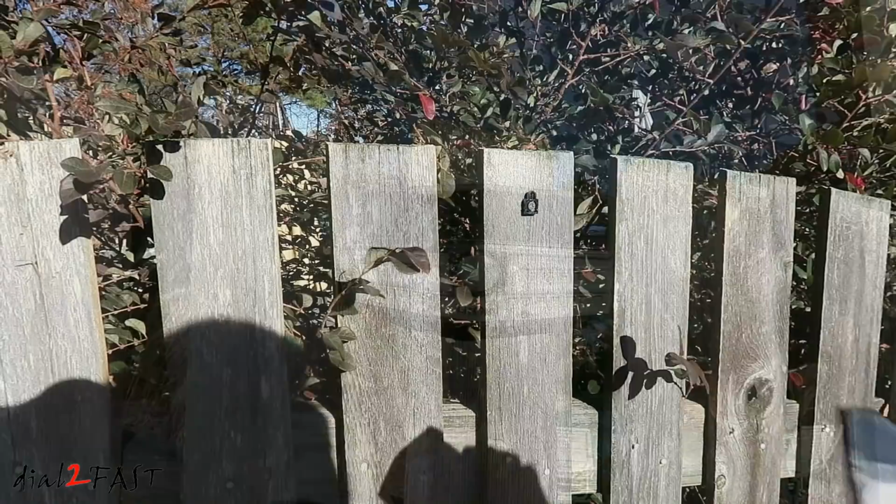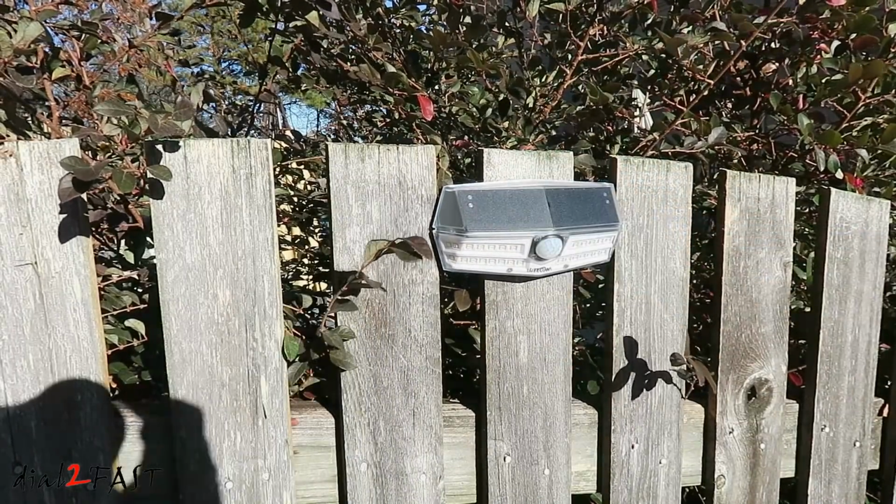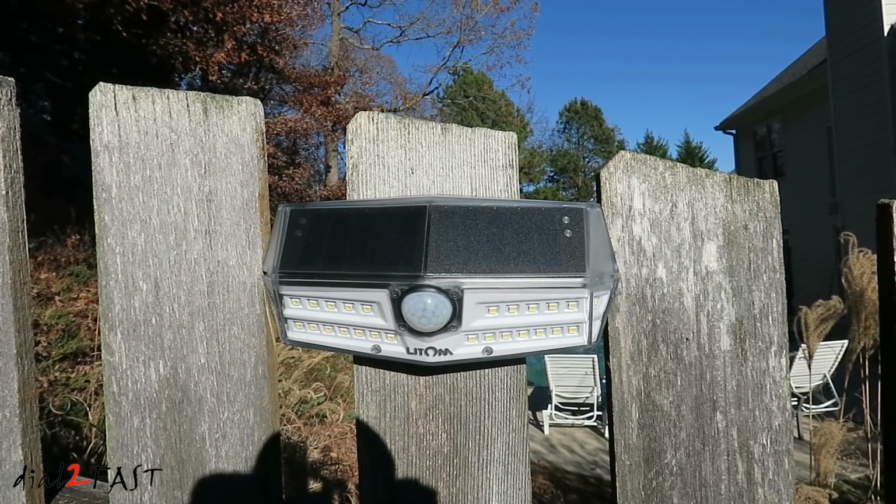Installation is very simple. With the included plastic hanger, you simply install it with one screw and then you slide the unit over it. If you're interested in getting something like this for your home, I'll include the link in